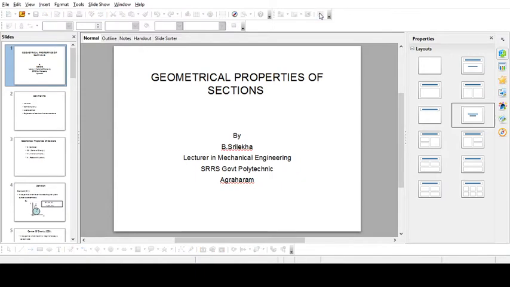So good morning. In this section, we are going to discuss the geometrical properties of sections. This is a new chapter that we are starting. This is the third chapter in our Strength of Materials course of the third semester of Diploma in Mechanical Engineering, State Board of Technical Education, Telangana. We have already discussed that in Telangana, as per the now running curriculum, that is C18,